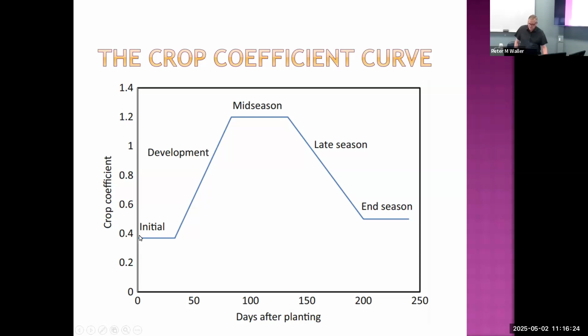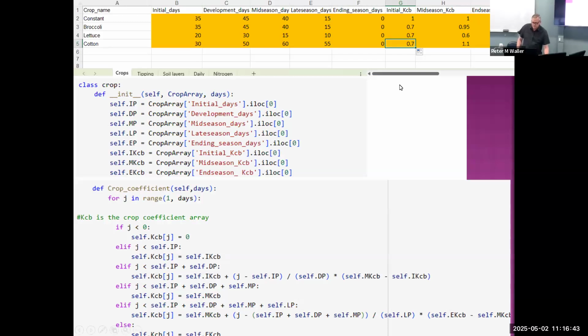So we only need 3. In our example, it's going to be 0.7 because it's broccoli. But the initial crop coefficient, the mid-season crop coefficient, and the end season crop coefficient. Okay, so